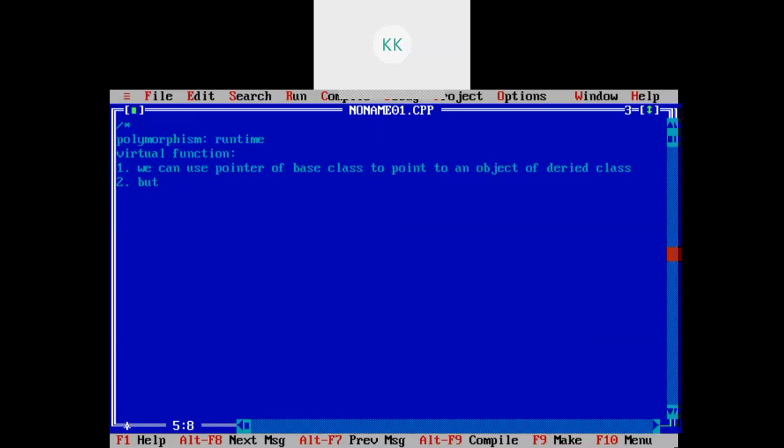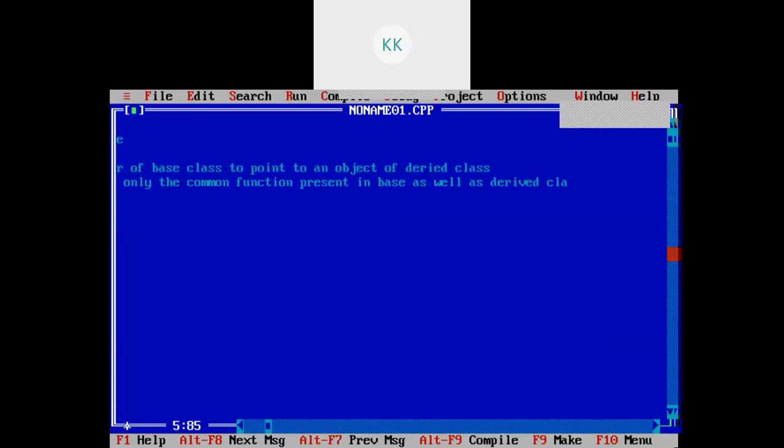But we can use a pointer of the base class to point to an object of the derived class, but we can access only the common functions, or common named functions, present in the base as well as the derived class. Right?